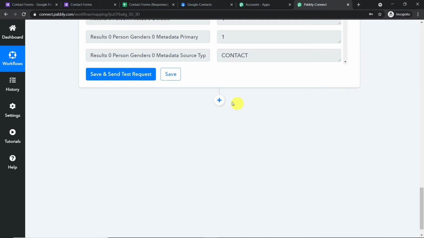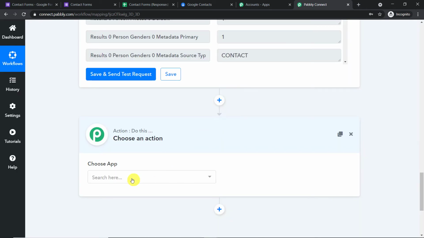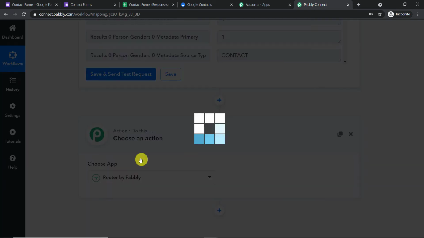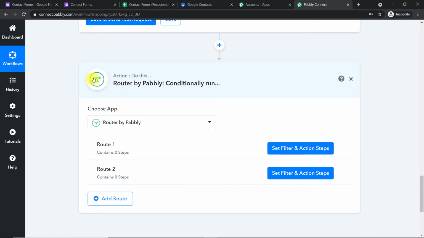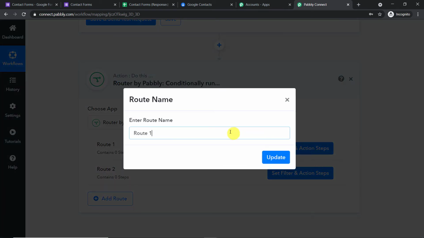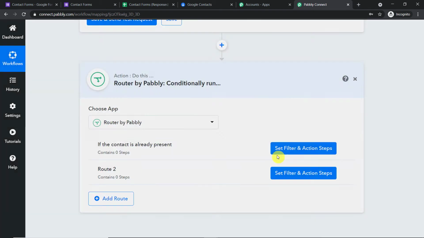This is how you do it. You click on this plus button and choose the app as Router by Pabbly. I hope it is clear. You can see from the icon itself, you have the data stream and it has been split into two routes. Route one is if the contact is already present, so let me rename this as "if the contact is already present" and click on update.